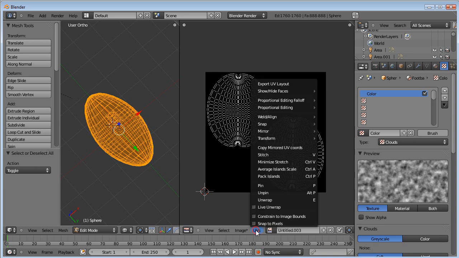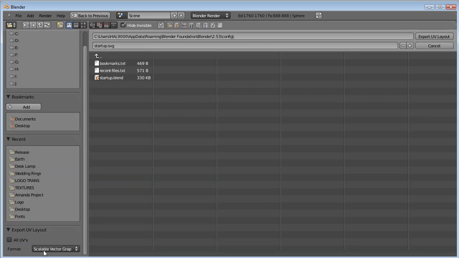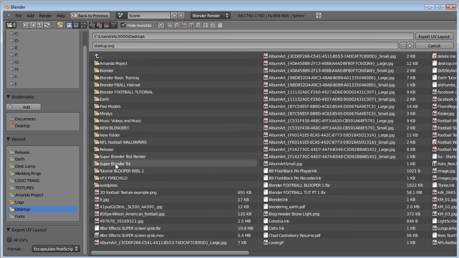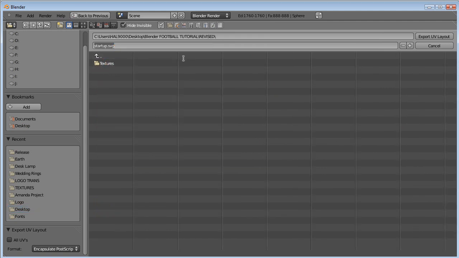So to do that, we'll go UVs, Export UV Layout. And then if we go down over here, we can change the format to Encapsulated PostScript, or EPS. So we're going to save it as an EPS, and let's save it to Blender Football Revised. And we'll save it in here as football tutorial UV.eps